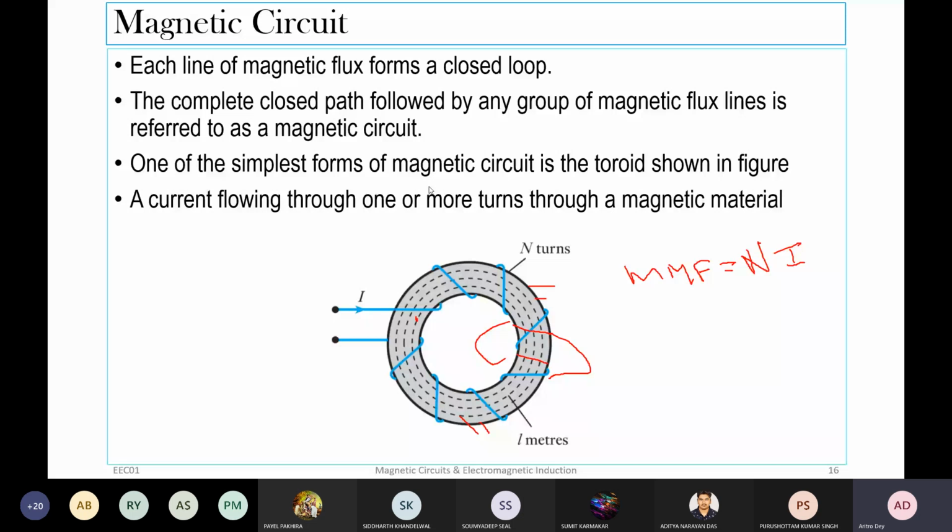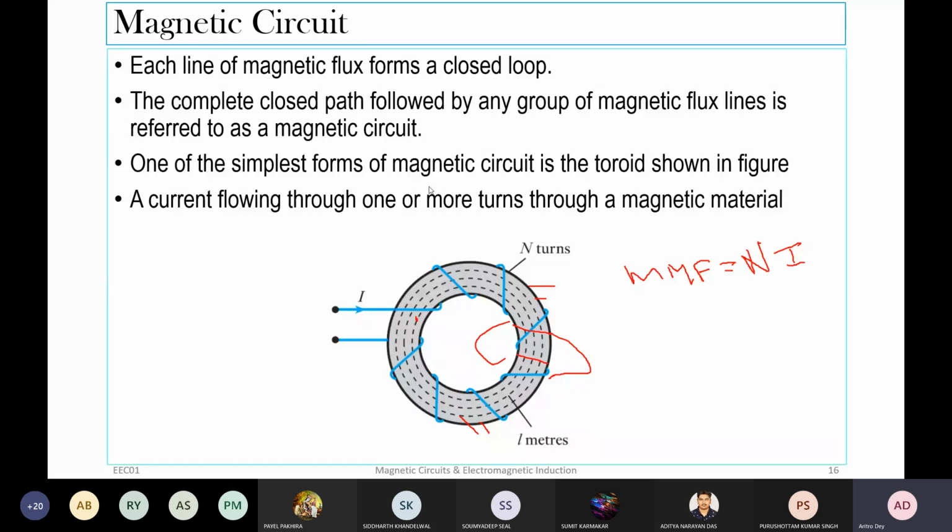So from the Ampere circuital law, we got a rough idea about our magnetic circuit. If we have a current carrying coil, total current linked with the circuit is your MMF, magnetomotive force, which is the driving force for the flux. Because of the MMF, flux lines are developed, and then they'll close the circuits. They'll start emanating from one point like the north pole, and they'll terminate at the south pole.